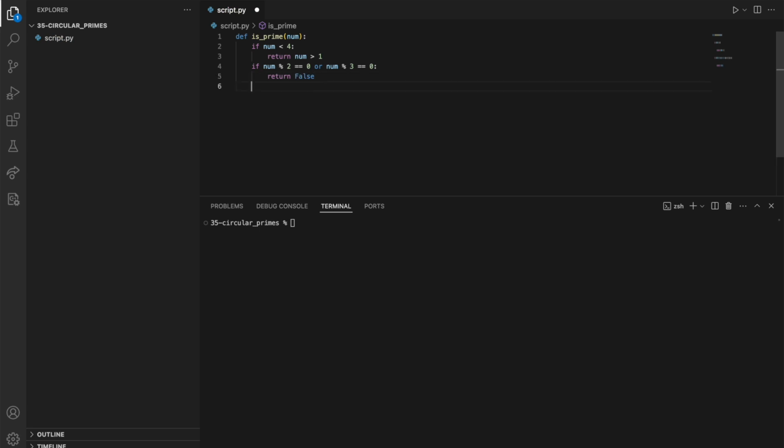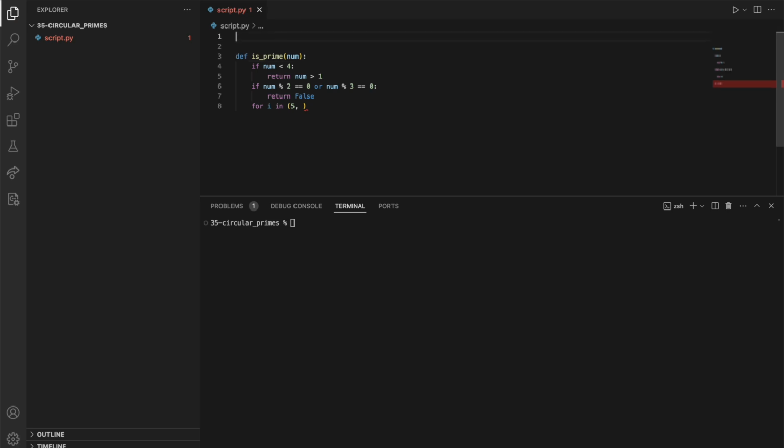And then, given that it's not divisible by 2 or 3, we can safely just check the 5 mod 6 and 1 mod 6